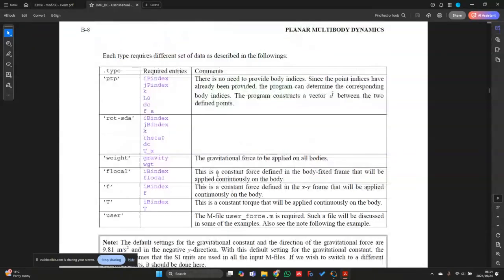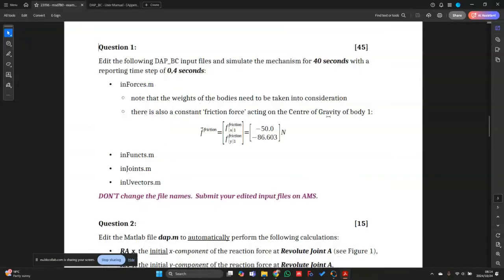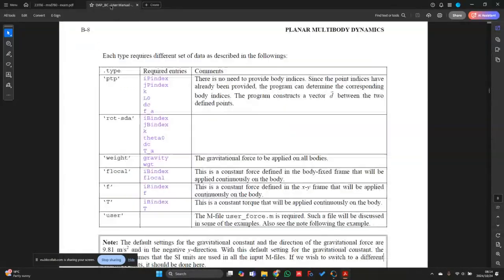Right, so over here in this table, they give us the different types of forces that we can specify, the input requirements, and then also just a breakdown of what it entails. So in my case, I probably want to use this F over here. I have to give it a body index and then the actual force as input as well. This is a constant force defined in the XY frame. And we can see from the question as well, it's defined in the XY frame, F friction X1, F friction Y1. That will be applied continuously on the body. In our case, we are working with a constant friction force, so that's fine. So we can use this